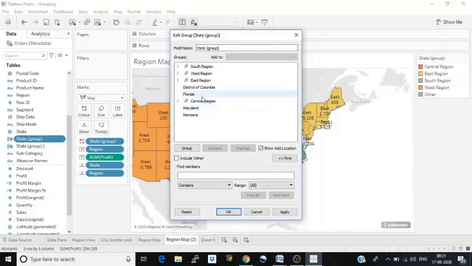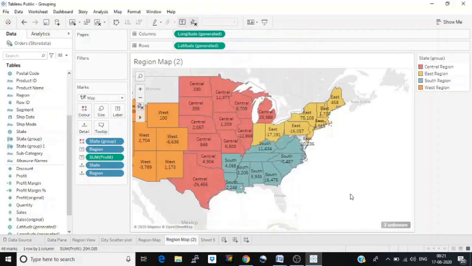So I guess these two are only from Central region, so I will shift them to Central region. Florida and these two are from East region only, so I will shift them to East region. Now our four groups are ready. Say OK.